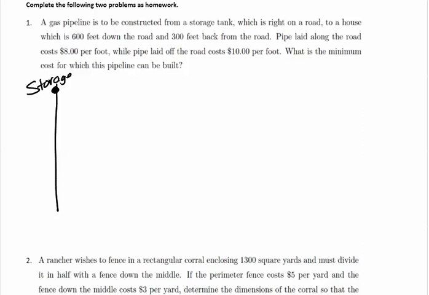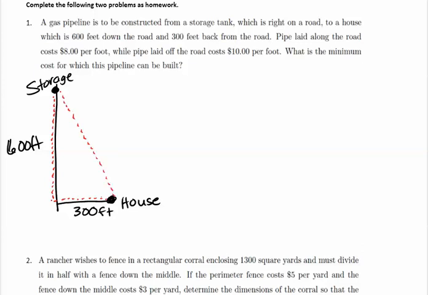So here's our storage. And we've got a home somewhere down the way here, 600 feet away down the road, and then 300 feet backward from the road. So here's the house. And we need to get a gas pipeline there. And it's cheaper if we would take the gas line along the road. So we could go all the way down the road and then do the two legs of that right triangle. Or we could spend more money per yard, but perhaps have a shorter distance if we did the pipeline directly